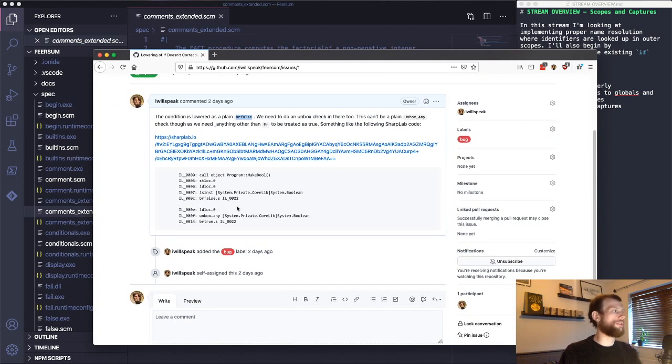So what we actually need to do is, when we have an object on the top of the stack, we first need to do an isInst check to check if the object is actually an instance of a Boolean, and then we need to try and unbox it and then branch based on the value, because in Scheme, Boolean values are,